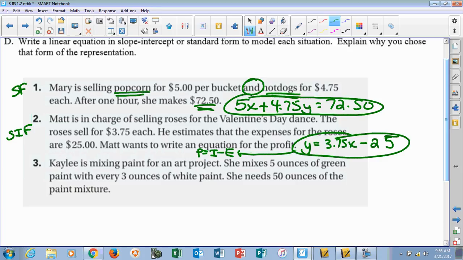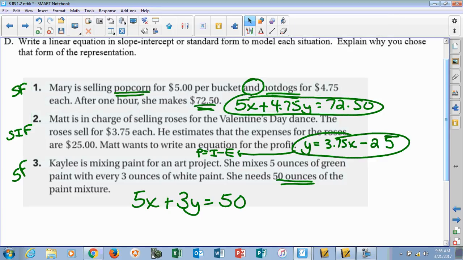All right, last but not least, it says Kaylee is mixing paint for an art project. She mixes 5 ounces of green paint with every 3 ounces of white paint. She needs 50 ounces of the paint mixture, whatever color that's going to make. So again, here we're talking about two variables that combine to make a third fixed variable. So this would be standard form. So since green is first, we'll make green the x. So she's 5 ounces of the green with the 3 ounces of the white, and she's going to get that many ounces total. So again, that's how you can come up with these equations in standard form or slope-intercept form